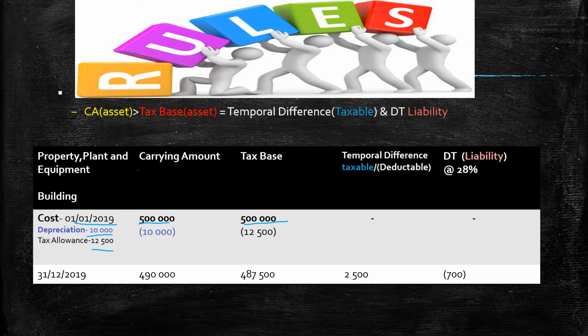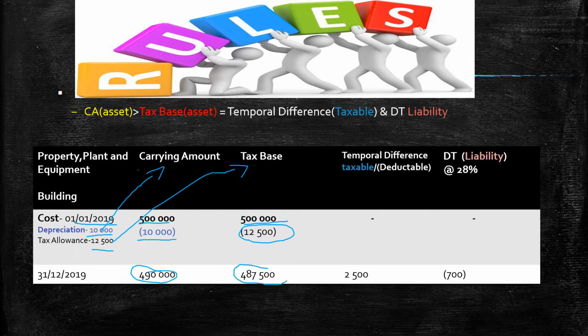12,500 rands. Now depreciation relates to the carrying amount, in terms of IFRS and accounting rules, and the tax allowance, this is in terms of the income tax, is a tax allowance. The tax allowance affects the tax base and the depreciation affects the carrying amount. So after the depreciation of 10,000 rands in the 2019 financial year, our carrying amount at the end of the year gives us 490,000. We quickly do a calculation here on our calculator and you're going to arrive at a